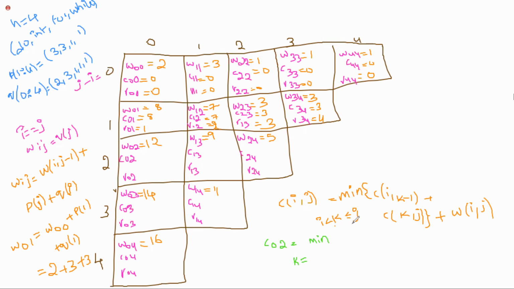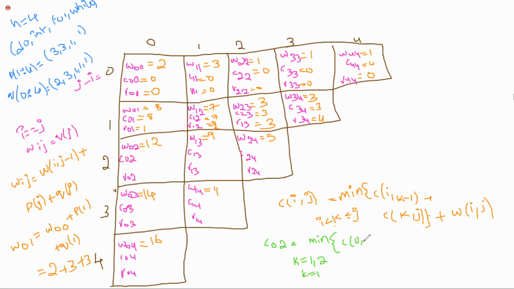See, what are the possible values? 1 and 2. Yes, very good. How can you say it? It is greater than 0 and less than or equals to 2. So in between 0 and 2, only 1 is possible, but it is also equal to this, so 1 and 2 are possible. Very good. Now, cost of i, k minus 1. I is 0 only. For k, first I'm assuming k equals 1. Don't include 2 yet.